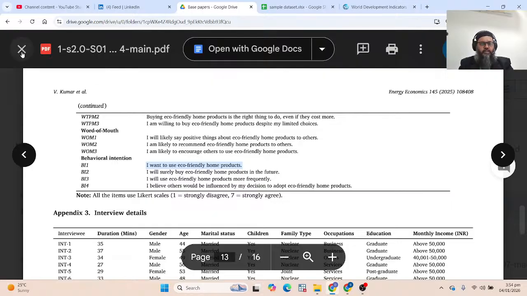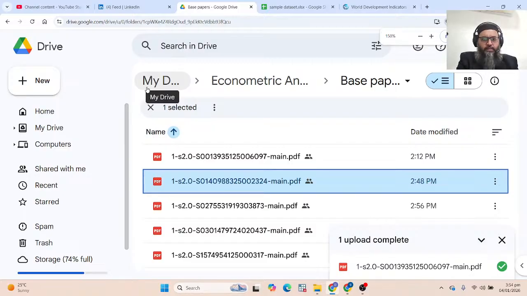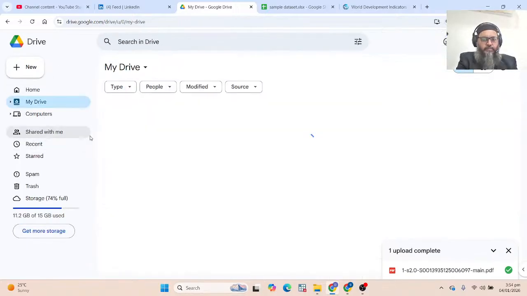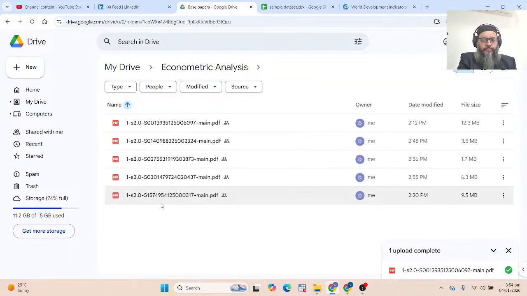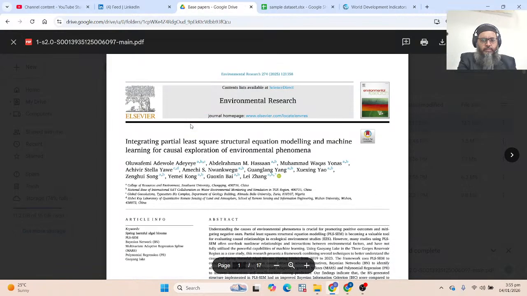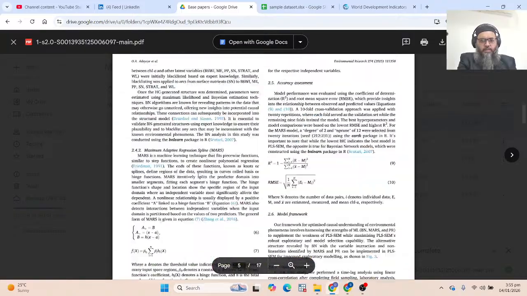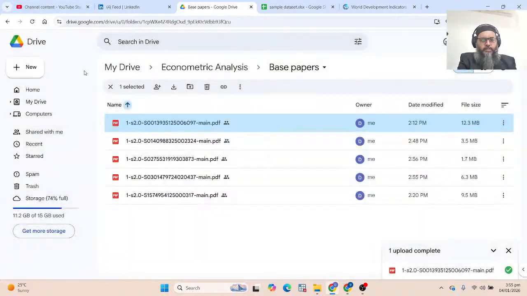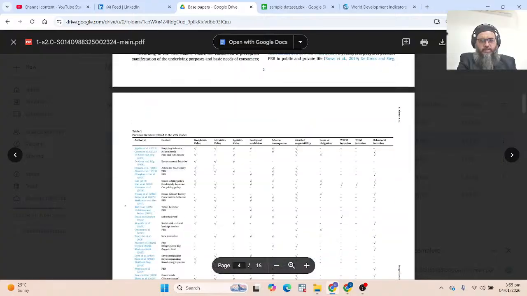Before the next session, just have a look at these base papers. It's right here in this folder, base paper. Just go through the descriptive stats.